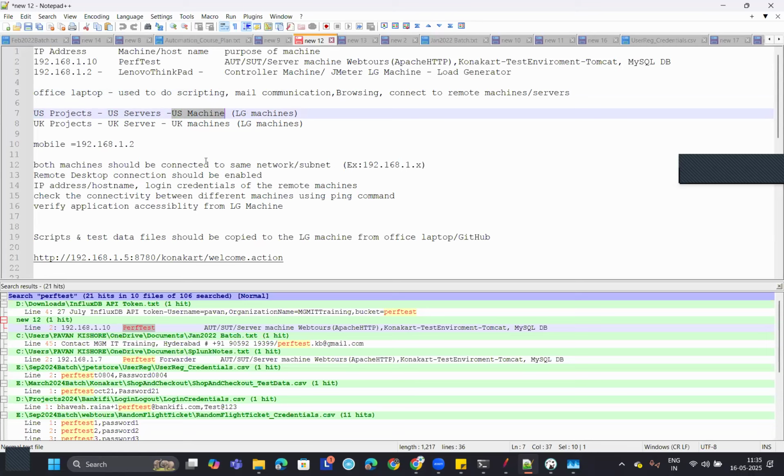Yes or no? If your servers are in US, if you are working for a US project, servers will be in US. If you are generating load from India, from Hyderabad or from your hometown, obviously there will be network latency, isn't it? So the client will give you some US machines to use as load generator machines. You need to install Java and JMeter on those machines. And then you need to run the test from those US machines, not from your office laptop